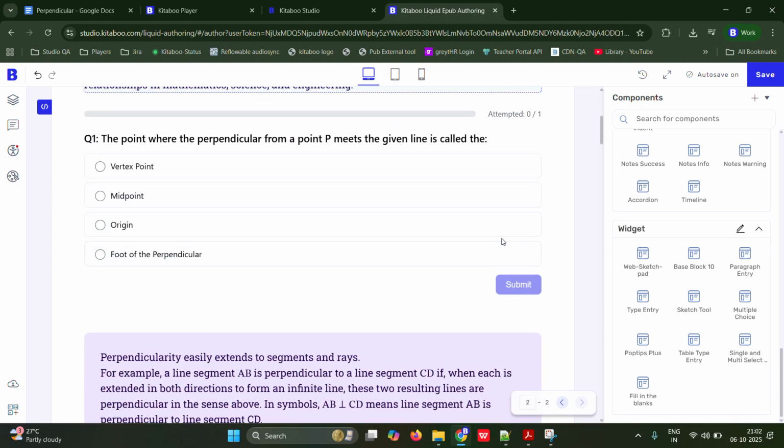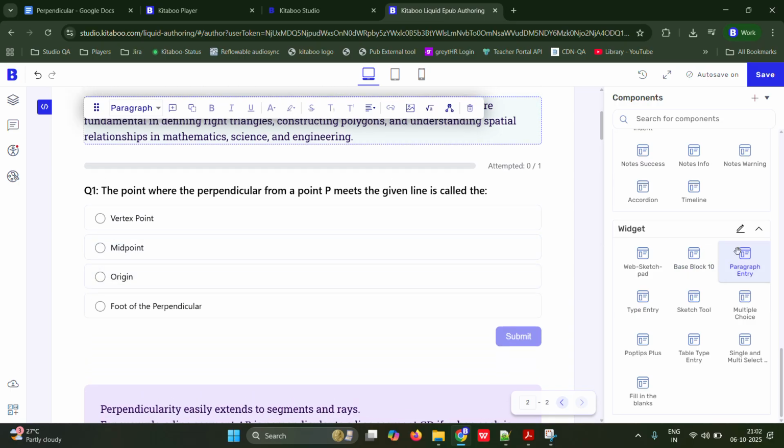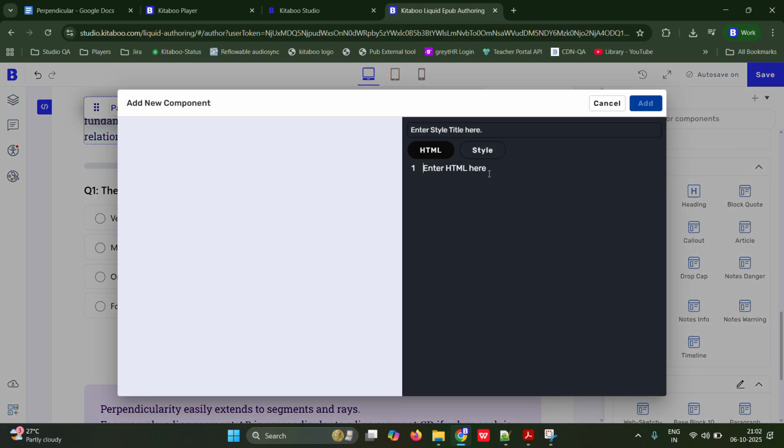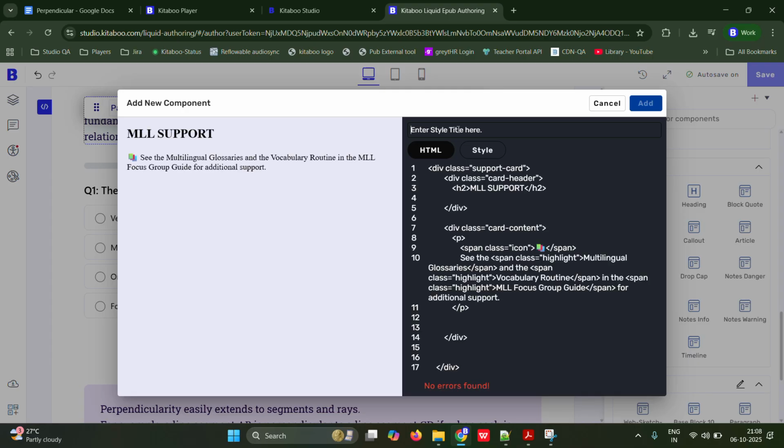Similarly, if you want to create your own style, we are giving the option where you can click on this add component, where you can define your HTML and CSS and the style gets created. So I can provide the HTML. Similarly, I can provide the type of this, that is card style